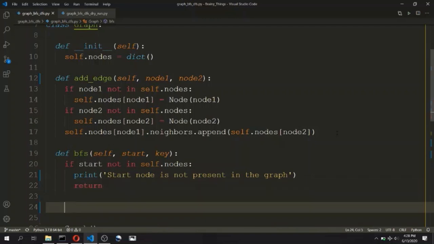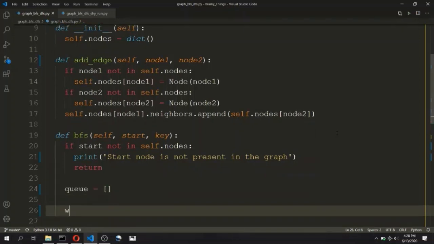Now for normal cases, we will initialize a queue data structure. For traversing the nearest nodes first, that is breadth first, we need to have a first in first out mechanism, and hence we will use a queue data structure. I will show you the working of the queue once we finish this program. We are using a list for the queue over here, as list provides functions that will do the FIFO mechanism. We will iterate until the queue becomes empty.